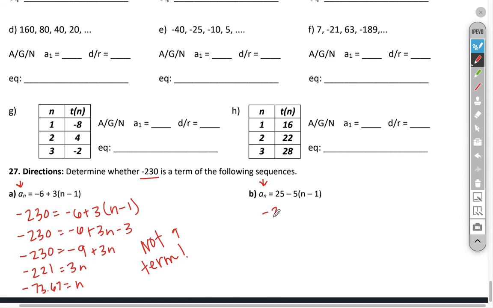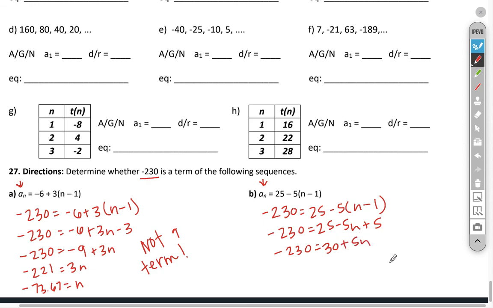So let's try the second one. Negative 230 equals 25 minus 5 times n minus 1. We have negative 230 equals 25 minus 5n plus 5. Combine 25 and 5 to get 30 minus 5n. We're going to subtract 30 from both sides and get negative 260 equals negative 5n. We're going to divide by,